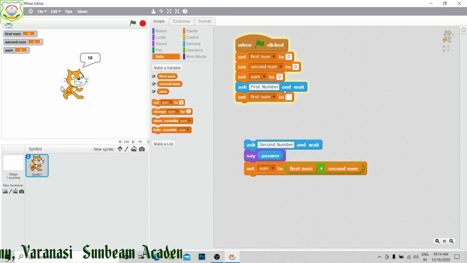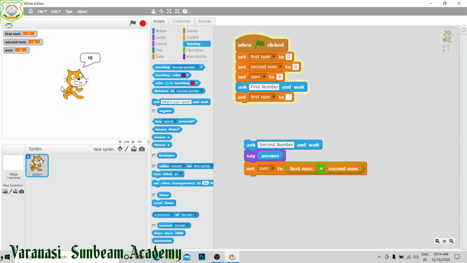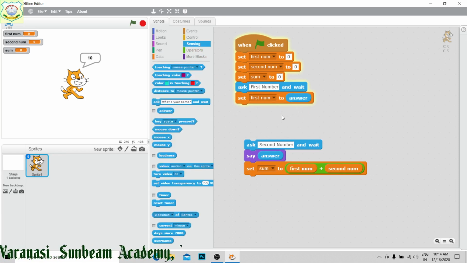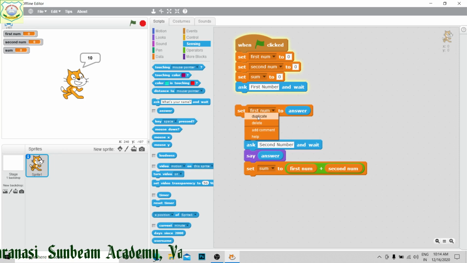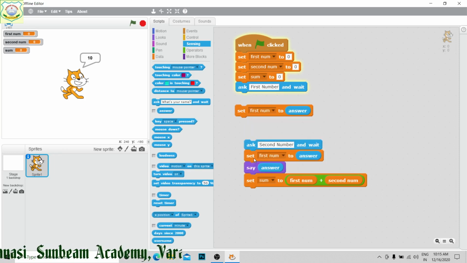Or whatever value we are going to put, its answer we will put here, right? Now copy it and paste over here. Now make it second number.